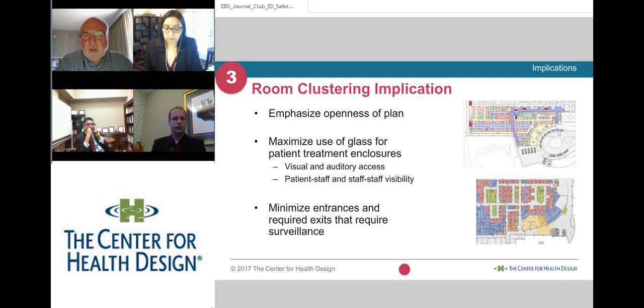This is not to say one of those is better than another. That wasn't the intent of this research. That really relates to what barriers one configuration creates that are greater than another configuration to visibility as well as auditory access between areas of that emergency department. It's both patient to staff as well as staff to staff visibility. And that latter one,